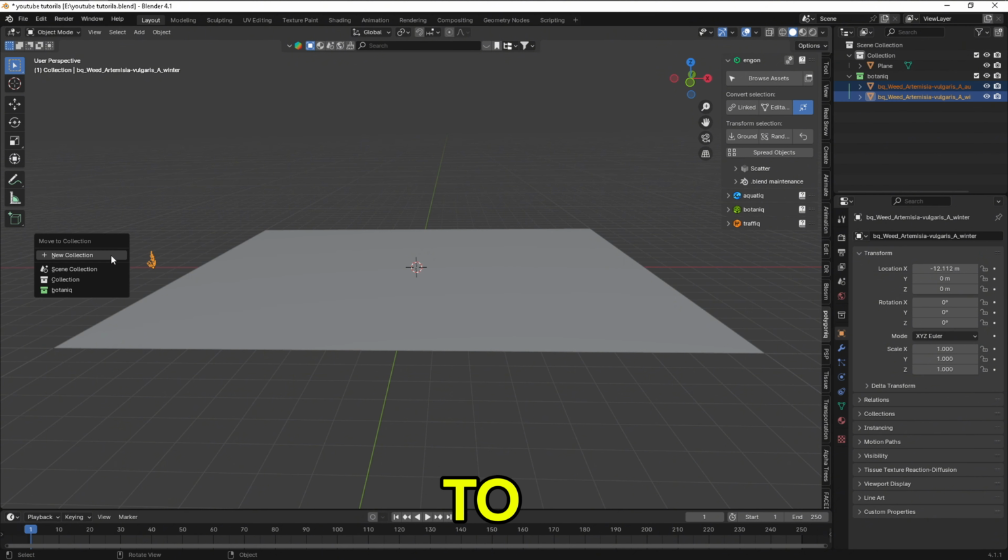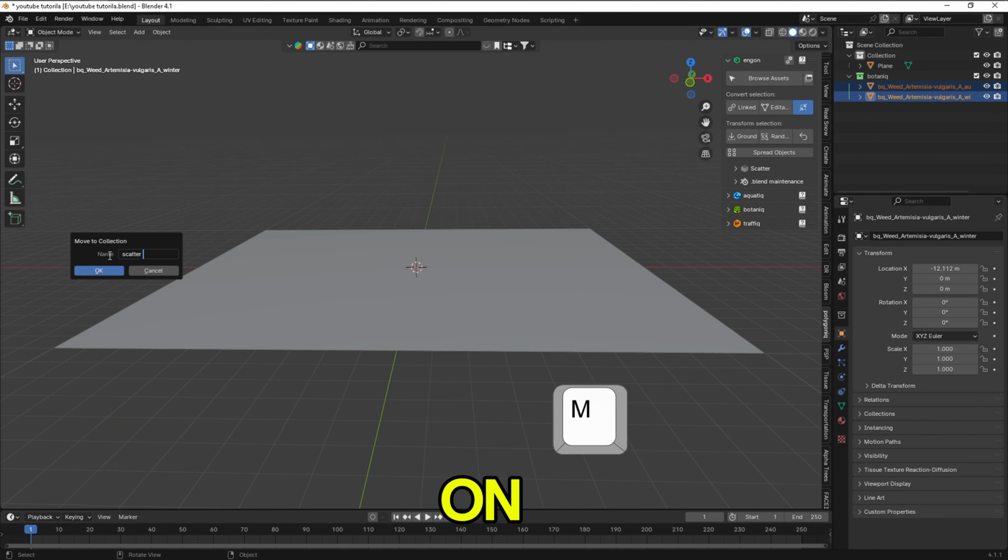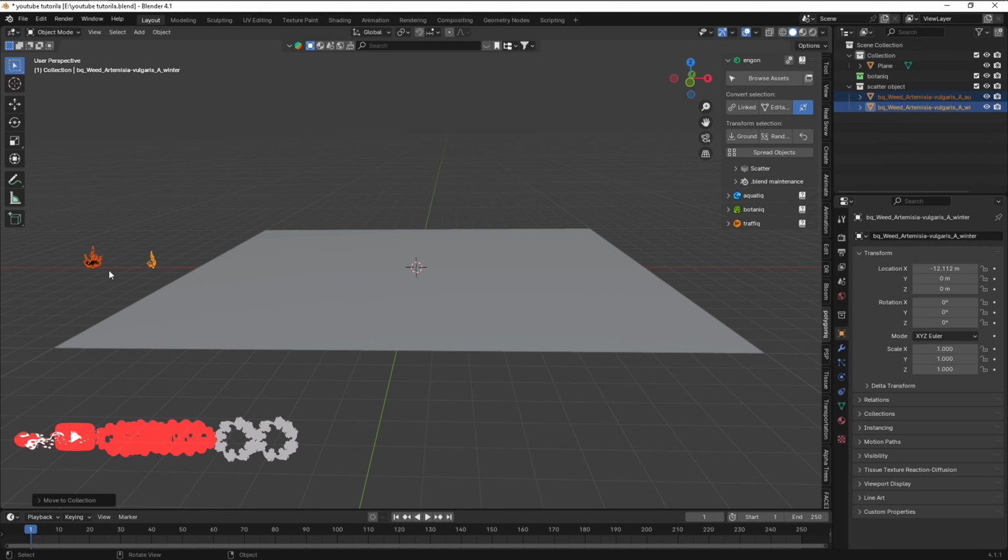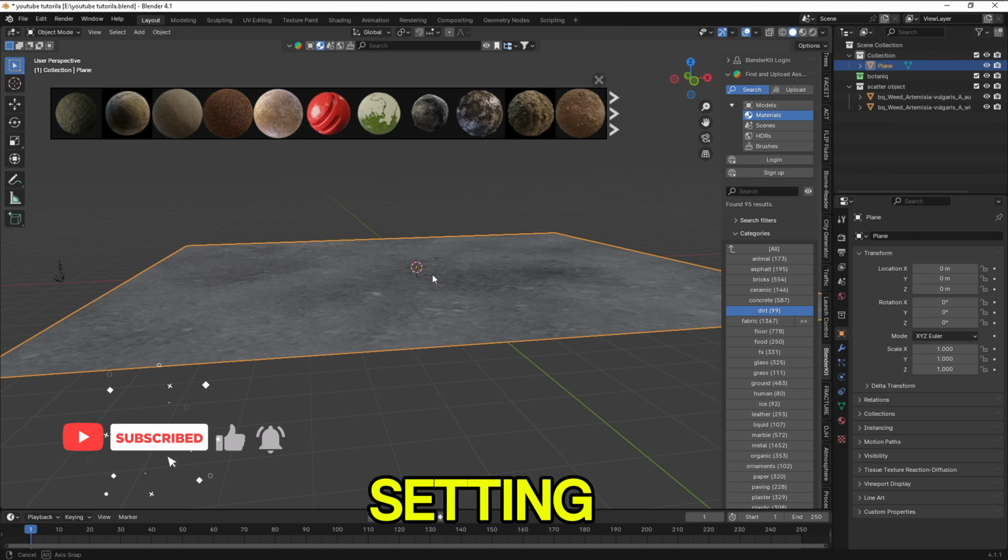Now add this grass to a new collection by pressing M on your keyboard. Now go to Particles, System Settings, and follow my steps.